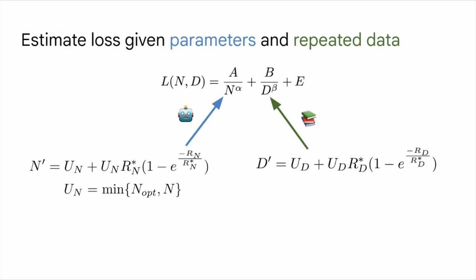Yeah, good point. We have empirical data on that in a few slides. However, at this point it doesn't really matter, because in the equation R_N* and R_D* are just learned from the data; we just fit our data in order to learn these parameters. If the data tells us that this is not correct and parameters do not decay in value, then R_N* is just learned as infinity, and then there's no decay in value in this equation. So we let the data decide whether or not parameters should decay.